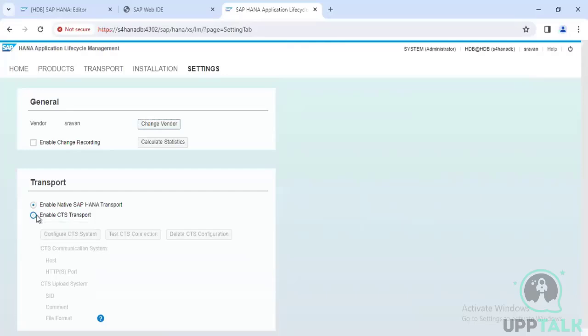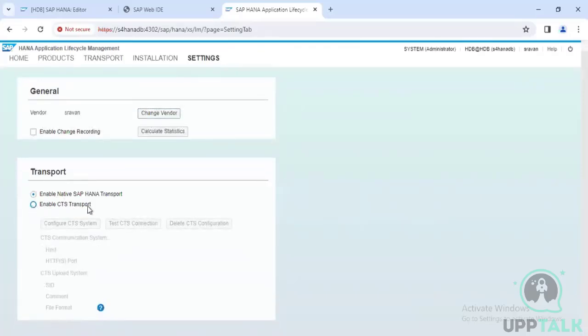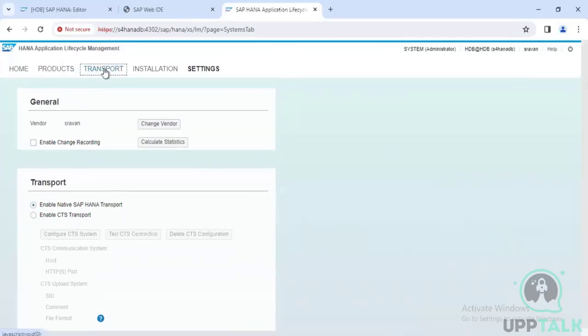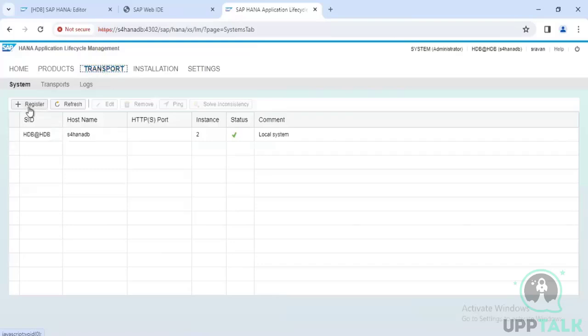I'm not selecting enable CTS transport because this will enable Solution Manager. I'm not going to use Solution Manager here, because Solution Manager is a different tool which we are not going to discuss as part of our course. If you enable Solution Manager, you have to configure everything. This is done by the HANA DB admin or the basis admin. I have only selected enable, and in transport, you have to register